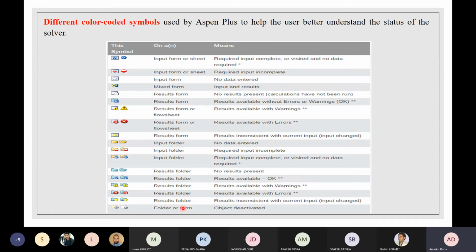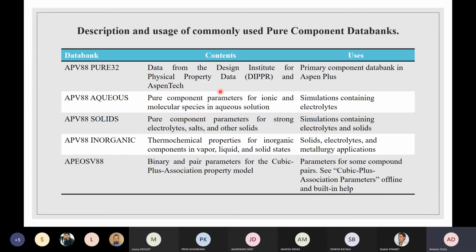I have just pasted this over here, so you can visit this PPT and check what sort of symbol is defined for what. It's not that difficult, and once you enter the Aspen Plus UI, you will be able to see each and every single thing. It's not that much difficult and not that much easy.